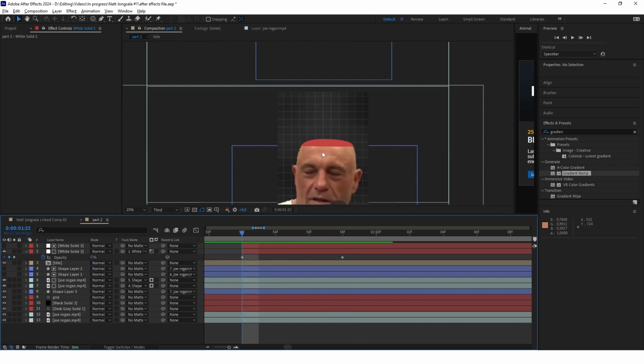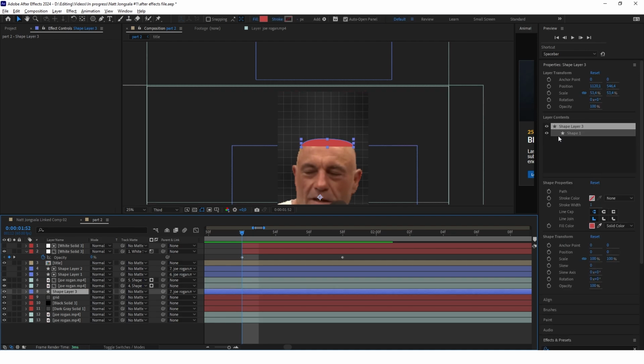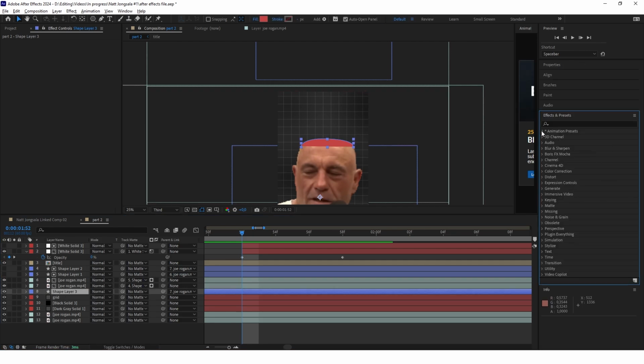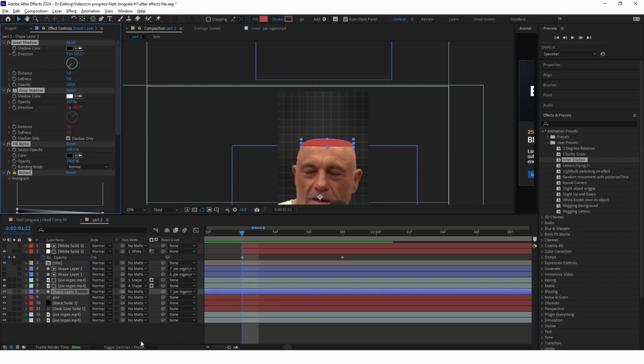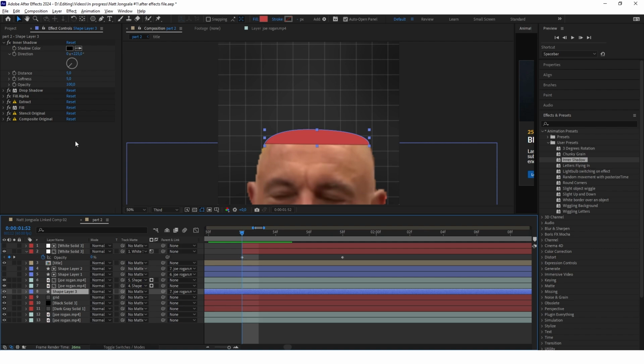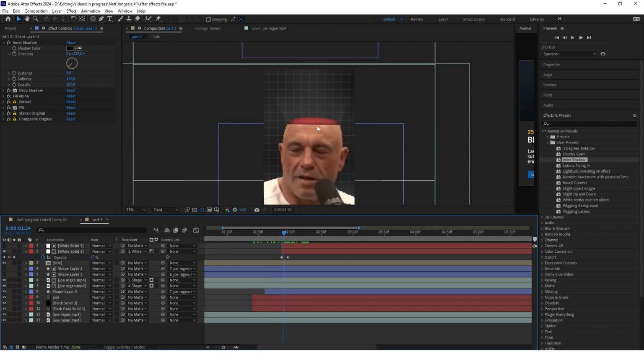Now also we'll make his open head look a little better, so select this open head layer and I will add my preset that is called inner shadow to this layer, and this way I can create the inner shadow on this shape. You see, now I think it looks much better. And you can create this whole preset by yourself. You can see what effects I am using to create that, but this will not be needed because I will give you this preset in the asset folder in the description.